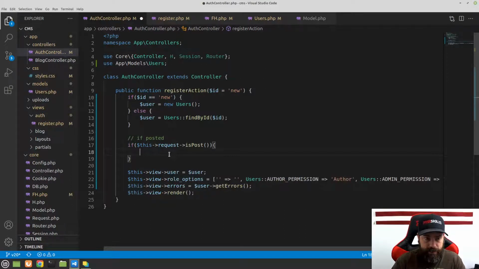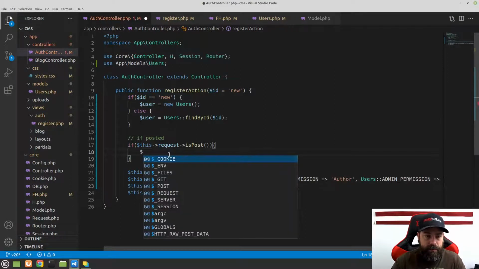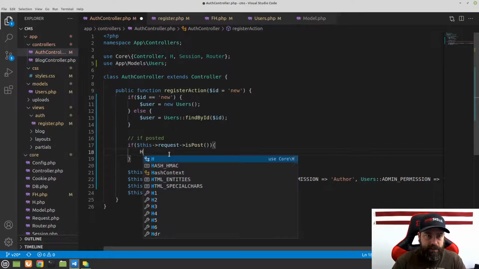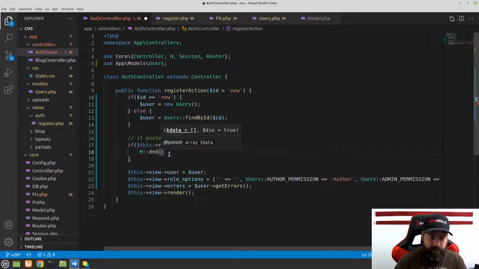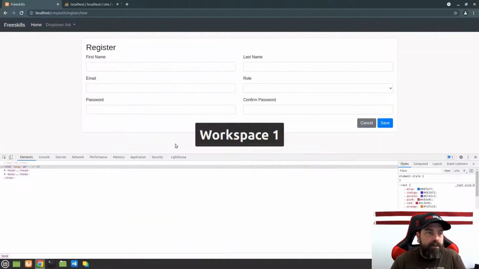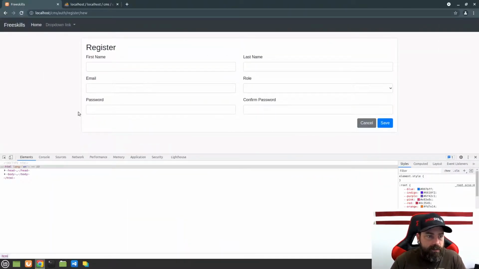let's go ahead and just get our data. So we're going to say data is equal to this. You know what? We're not going to do that. Let's just do an h dump and die. And then inside of here, let's do this request get. And we're not going to pass a name into that, so we should get the entire request object, and it will be sanitized. The other thing I need to do though, oh no, I don't need to because we already have the H here. So if I save this now and we go back and refresh, what should happen,